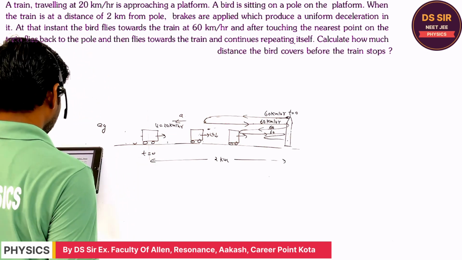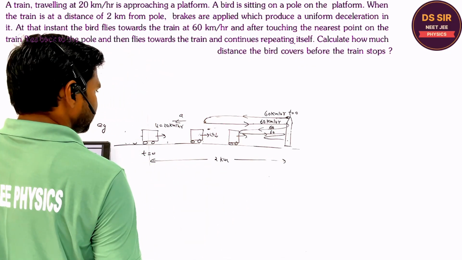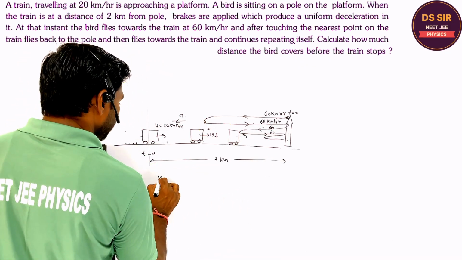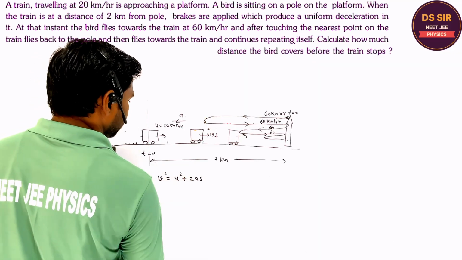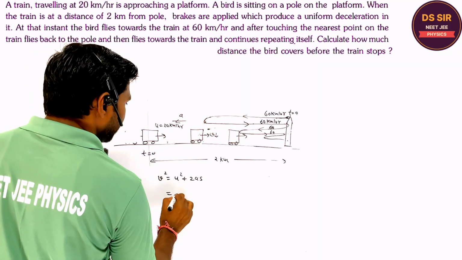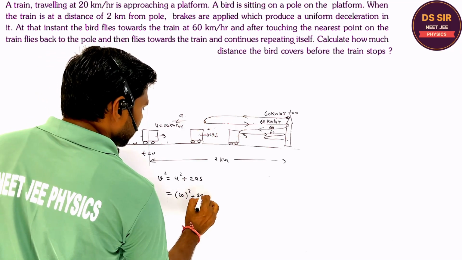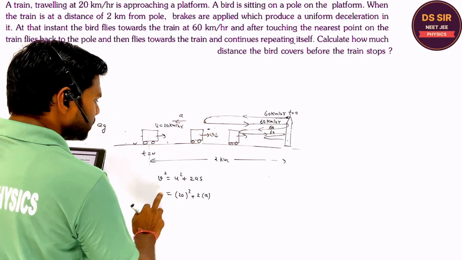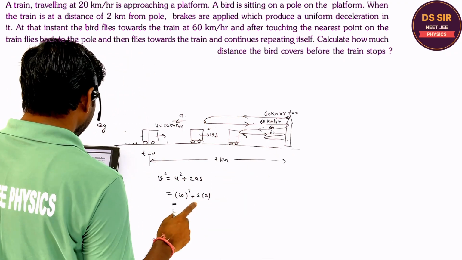And what is the displacement? Displacement is S. Is it clear? So v square is equal to u square plus 2aS. The initial velocity I am writing as 20 kilometer per hour. Is it clear? Plus we don't know the acceleration, and after traveling the 2 kilometer,